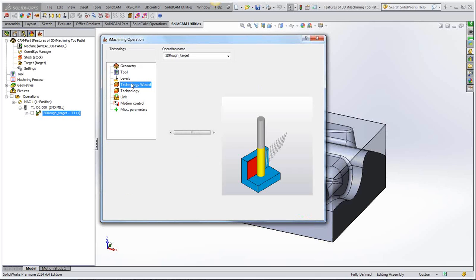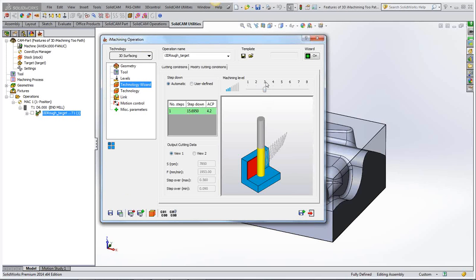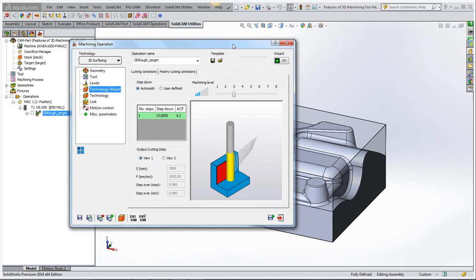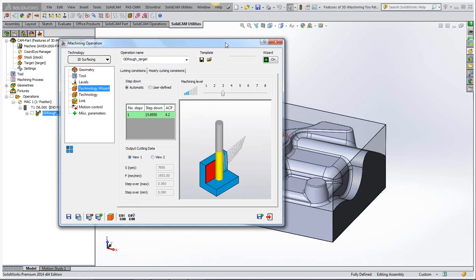But if we go into the technology wizard, this is where it's important to understand what the slider of the machining level actually means. That's the default level of 3, which is what you would do when you very first put a part on the machine and you don't really know much about iMachining. You go about it a bit gingerly and think, well, I'll have it on 3 to see how it goes. But once you see how nice and quickly and how stable it is on the machine, as long as you've got your job clamped really well and it's not going to go anywhere, you can quite comfortably turn that right up to the top machining level of 8, and I'll just save and calculate that,